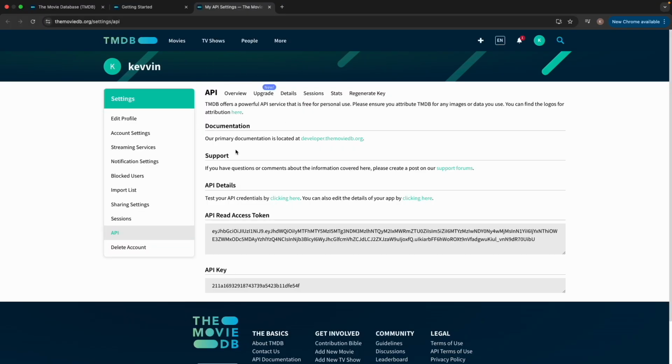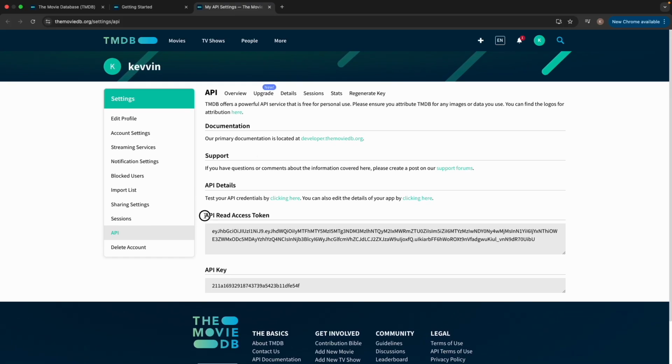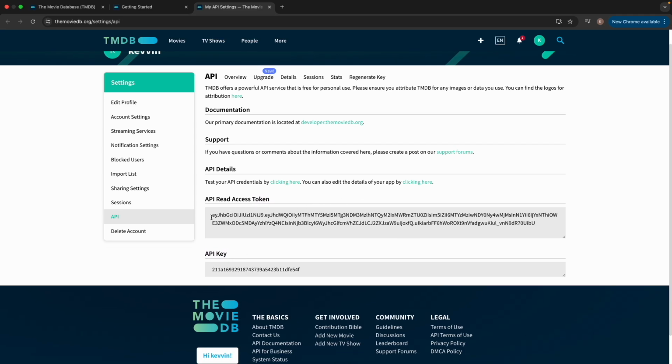It's going to open this page for us, right? Once you are here, you can see you have your API read access token, and also you have the API key. Now what we want to do is copy this API read access token. So copy it like this,